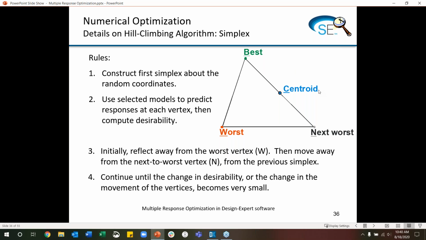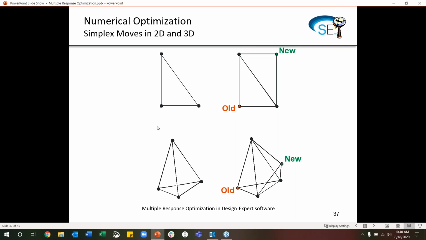Then the next step we would take would reflect away from the next worst thing. So we're going to take these zig-zag steps around the design space. So in 2D, our first move would be to this opposite corner. And in 3D, our next move would be opposite over here to this other new point. And then we have to take other moves. So kind of for fun,